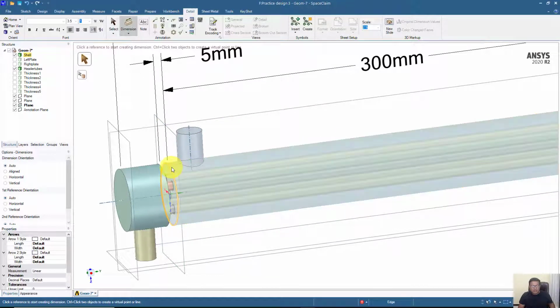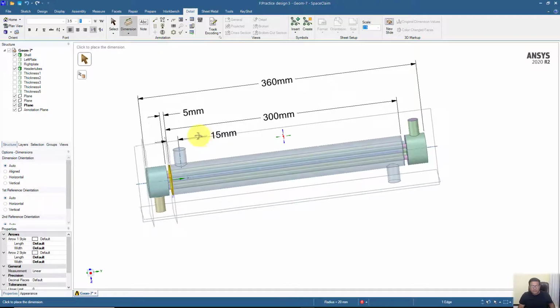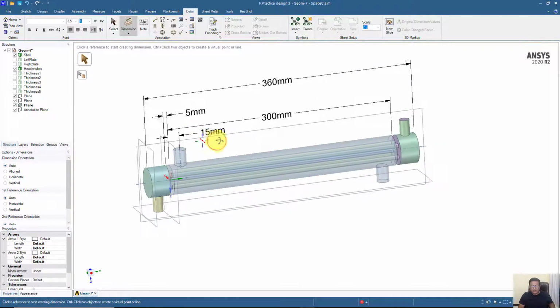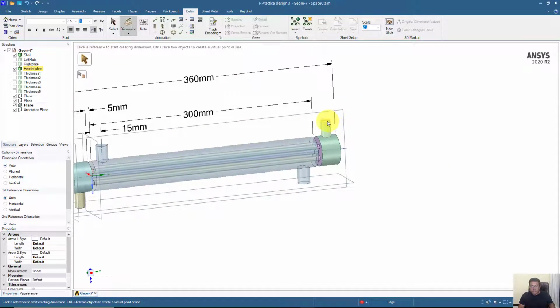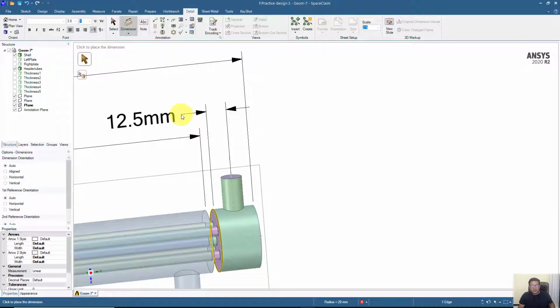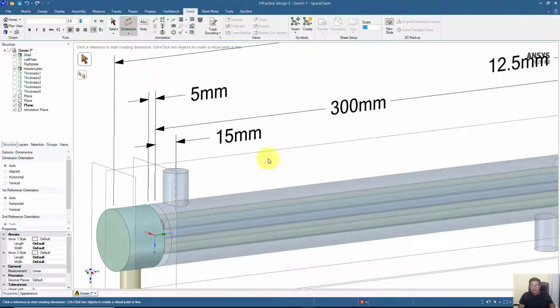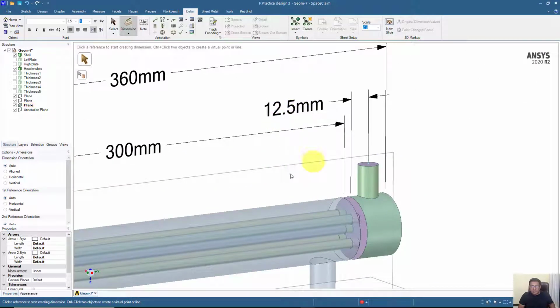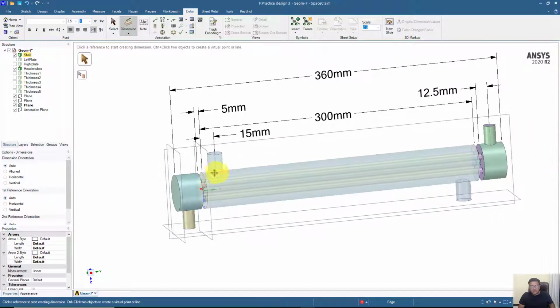Then I want to place the dimension for the distance between the center of this body and one side of the shell. So I can place this dimension over here. And also I want to put a dimension for this, because this is a different geometry and they have different dimensions. Also for this body, for this geometrical entity, the distances are different. Here it is 50 millimeter, and the distance is 12.5 millimeter. So you should be careful about these dimensions. These are very important dimensions here.